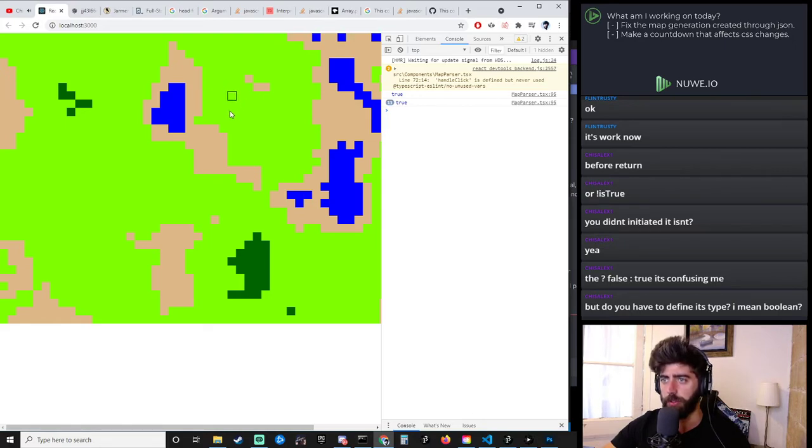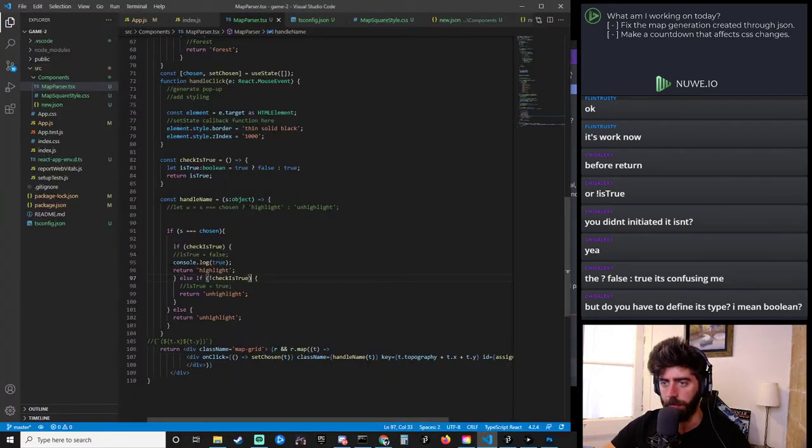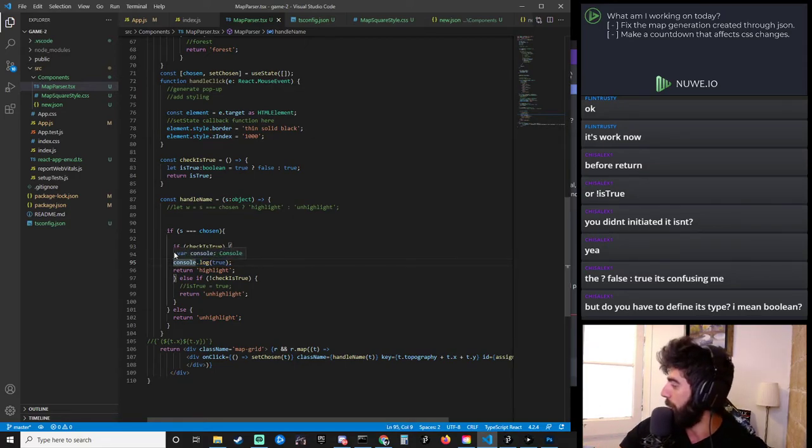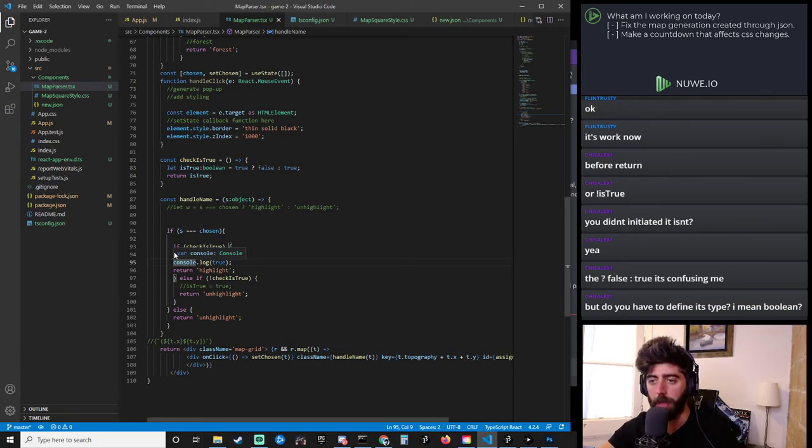All right. Well, it's working, right? And it's going into this over here, which is what's printing to the console log. But do you have to define this type yet? I mean, Boolean. Only if you're using TypeScript. If you're using TypeScript, usually, well, you don't have to, but see, if I take it out,